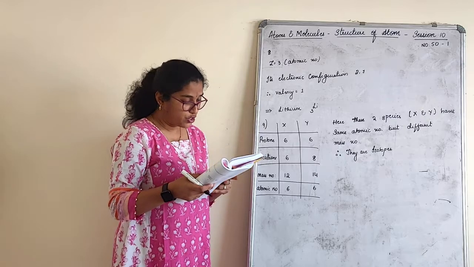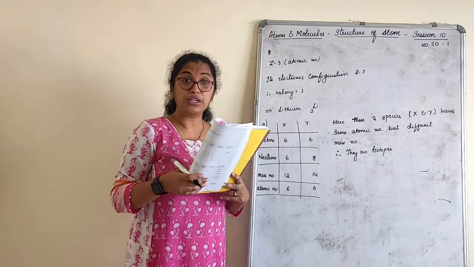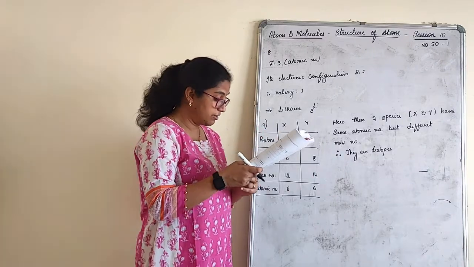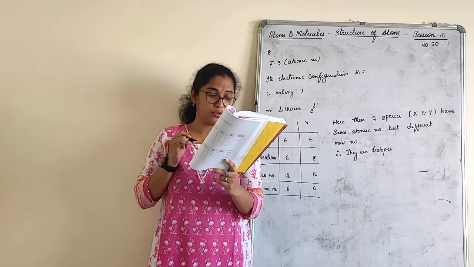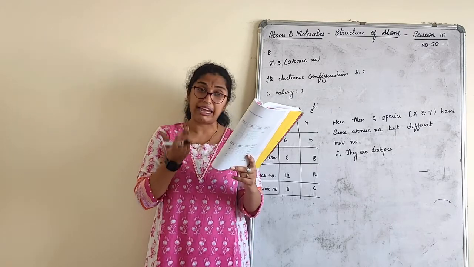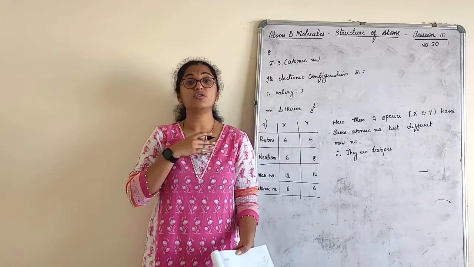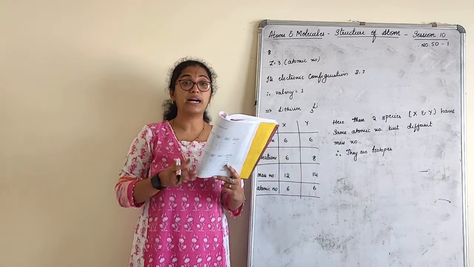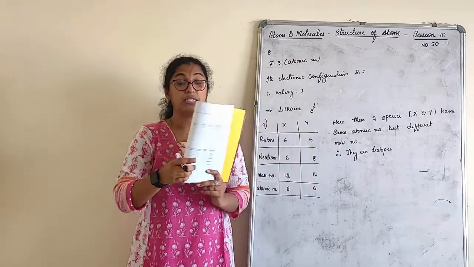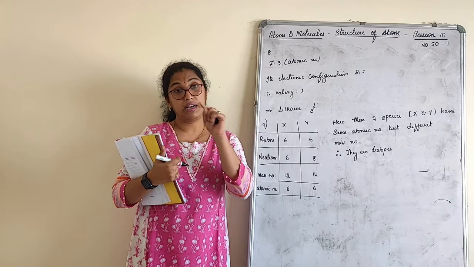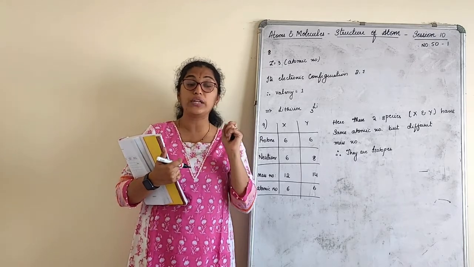Next is MCQ question, children. We'll do that orally. Number of valence electrons in chlorine ion. Look at the question here. If you go to see, actually you can tell that all the options are wrong, because 16 will not come, 8 also will not come because chlorine is not octet, 17, 18 there is no question at all. Then which could be the answer? The question is, they have asked valence electrons of chlorine ion.